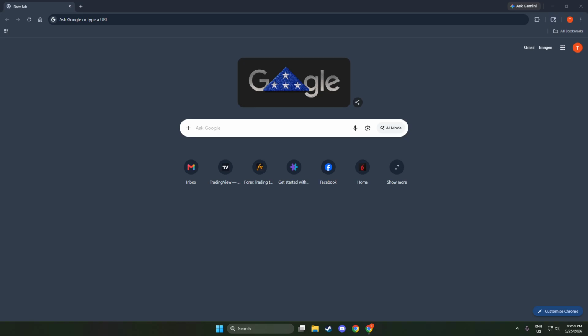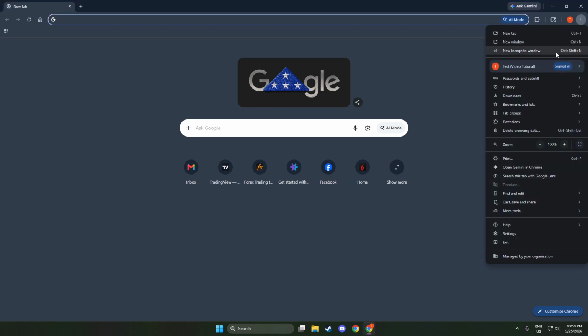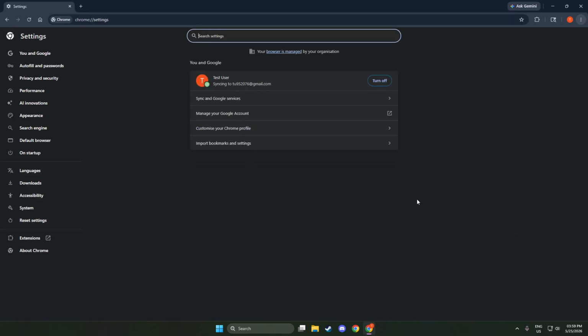First, open your browser settings. You'll usually find this by clicking the menu in the top right corner of your browser window and selecting Settings. If your browser has a search bar inside the Settings page, that can make things quicker, but the goal is simply to get into the main settings area.